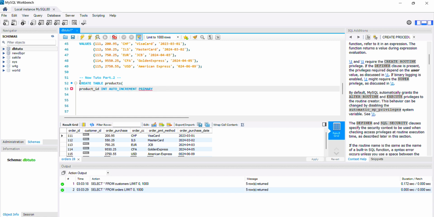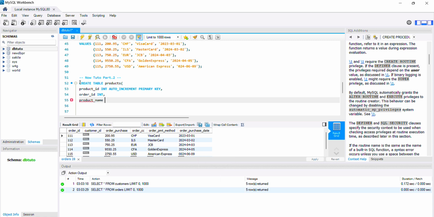It's going to be automatic. Primary key, of course, comma, and here we want to add also the order ID because I want a relationship between these two tables. Order ID here, and it's going to be int. And here we want the product